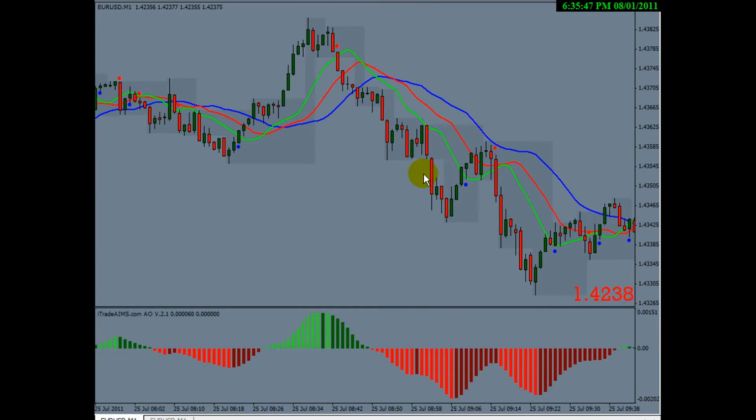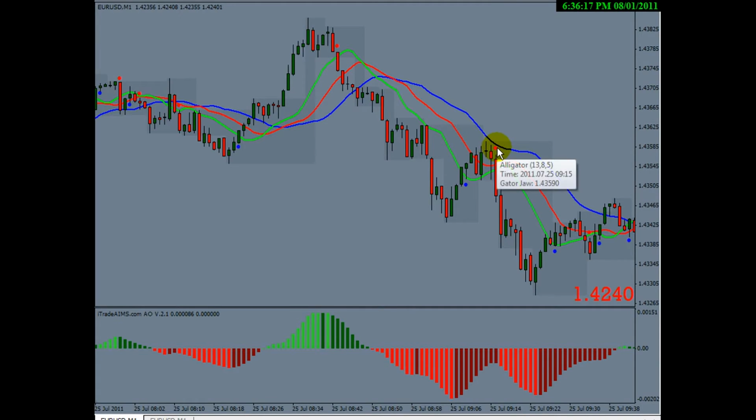So counting the alligator wave is all to do with AO. The alligator makes it even easier. You don't have to count. The alligator tells you when its mouth is open, you're in an impulse wave. An impulse wave is either 1, 3, or 5. It could be anything. So when the alligator opens its mouth, you're in an impulse wave. Get on with it. Okay, so you would have gone here, entered here, maybe exited here, re-entered here, or maybe